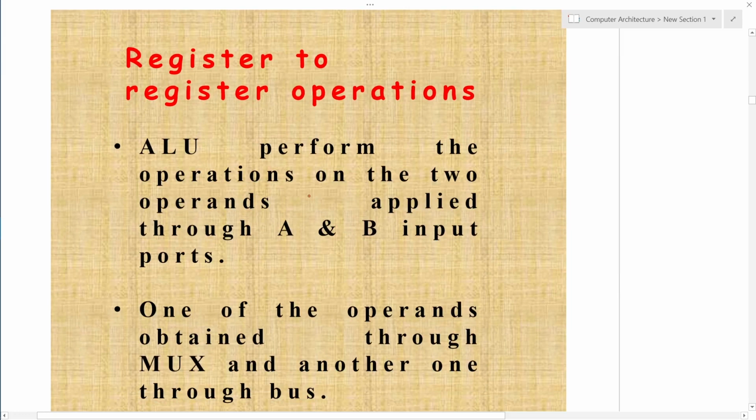So what happens in this type of approach? The ALU performs the operation on the two operands applied through input port A and input port B. Already it is explained: A is connected to the multiplexer, which can select either constant 4 or value Y, and B is taken from the system bus itself.